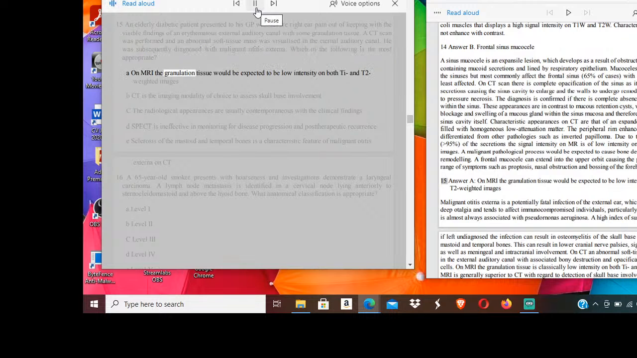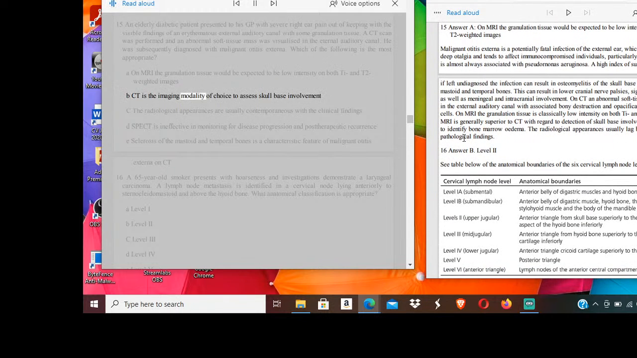Which of the following is the most appropriate? A. On MRI the granulation tissue would be expected to be low intensity on both T1 and T2 weighted images. B. CT is the imaging modality of choice to assess skull base involvement. C. The radiological appearances are usually contemporaneous with the clinical findings. D. SPECT is ineffective in monitoring for